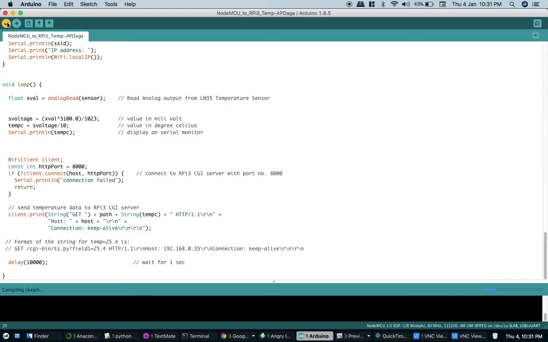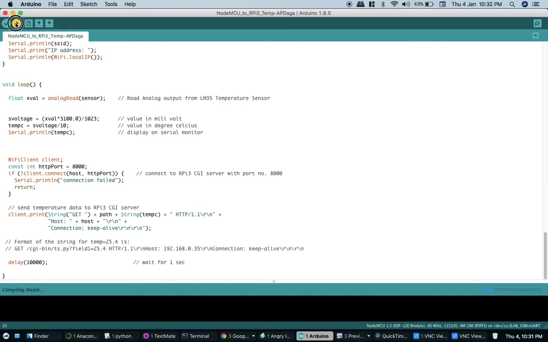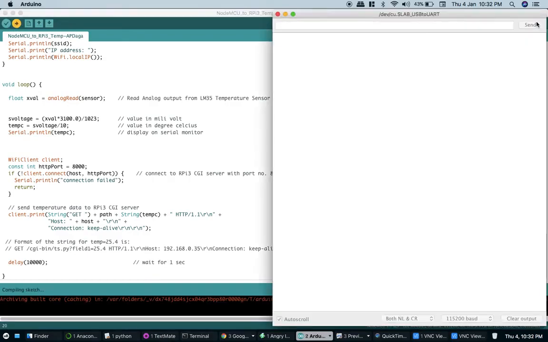Verify. I'll upload this program to NodeMCU. Okay, so I'm uploading it. Open the Serial Monitor.